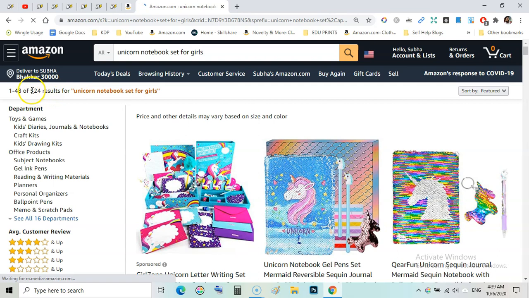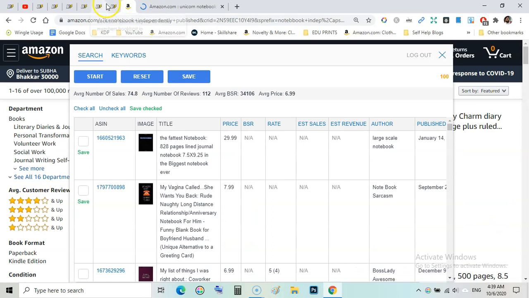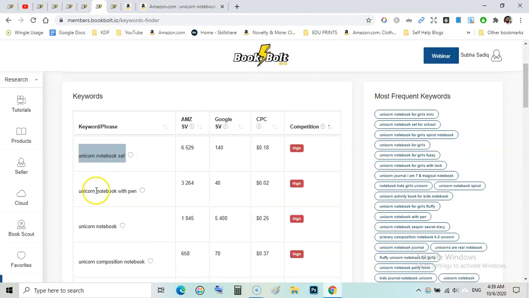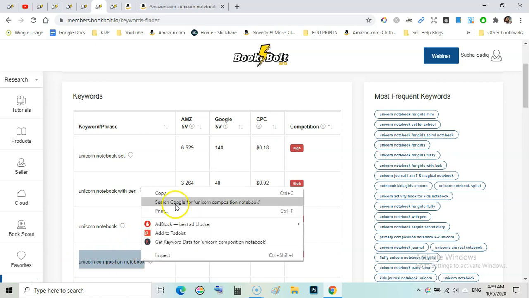This is a very low competition keyword, 524 results only. But this is set. We don't need set. We need a simple keyword like unicorn notebook with pen, unicorn notebook, unicorn composition notebook. Just search this one, copy and paste,